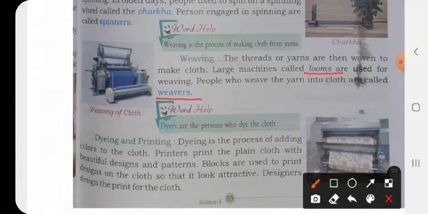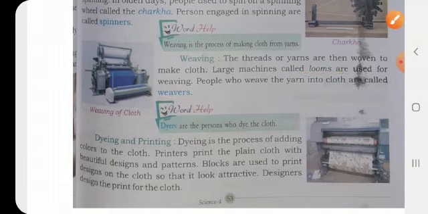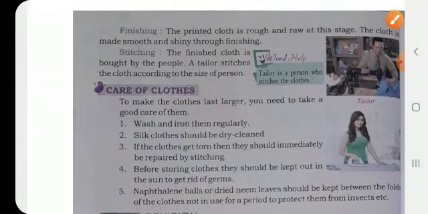Then we come to dyeing and printing. Dyeing is the process of adding colors to the cloth. As I said, all the spinning of threads is of the same color. Cotton is white, so everything will be white. So if we need a different color, we dye these cloths and we give them a beautiful color, and then printing is done on it. Now coming on to the finishing of products. Then the roughness of the product is smoothened, and finally we come to the stitching, and the tailor gets it to stitch the